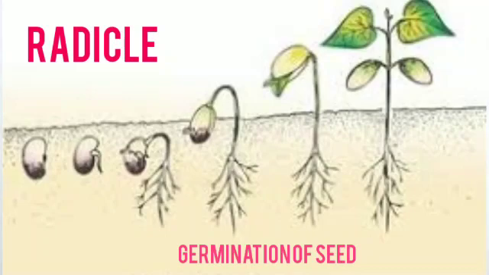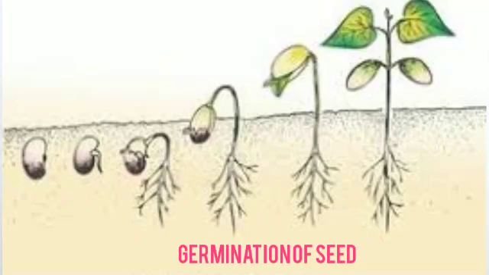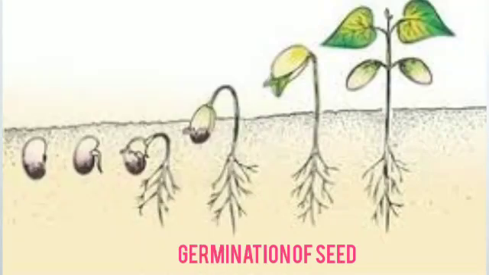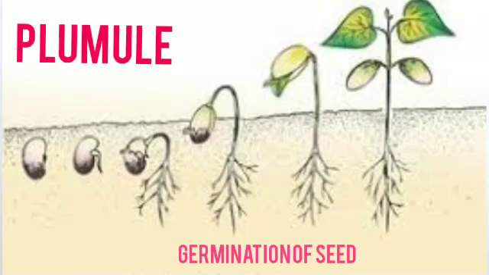It absorbs the water and it reaches the seed, because the seed requires water for its growth. And one more thing: in the seed there is a tiny hole. Through that hole the water enters into the seed. After a few days you can see the upper part growing. That upper part is called the plumule. After the radicle, the plumule comes out. Plumule is the stem part which grows later.